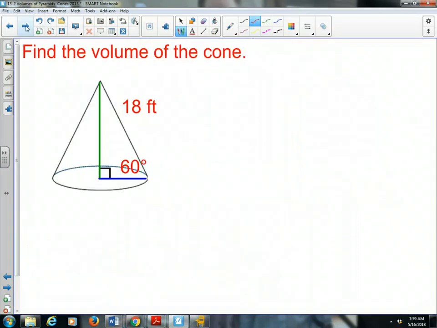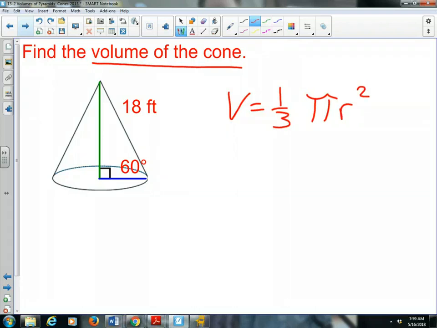All right, let's apply this in 2 different problems. Find the volume of this cone. Well, whenever it says find the volume of a cone, I have a formula for that. It is 1/3 of a cylinder. 1/3 pi r squared times the height. So all I got to find is the radius and find the height. I know that I have the hypotenuse, or the slant height of the cone. It's 18. And if I have the hypotenuse of this right triangle, I could find the radius and the height,